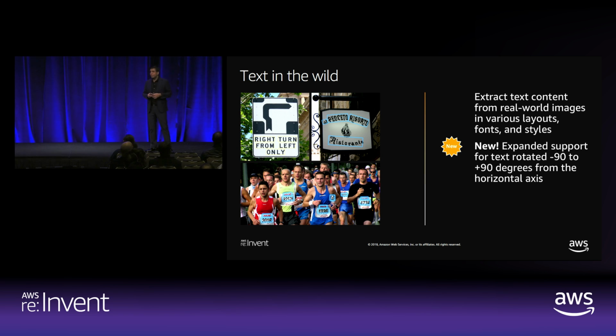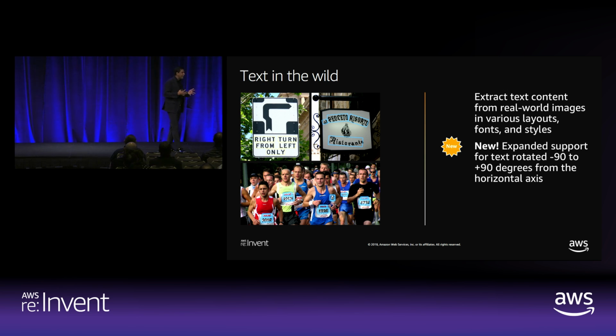The other thing in this image is text. Text allows you to understand the street signs. Text allows you to understand, in this case, as you could see, this runner, if you pay attention, there are bounding boxes around the bibs. Now, we have a customer, a photographer, that has been using this to know, with high accuracy, as they support all these marathon events, where exactly the runners are. And with high accuracy, because all they need to know is where the bib numbers are.